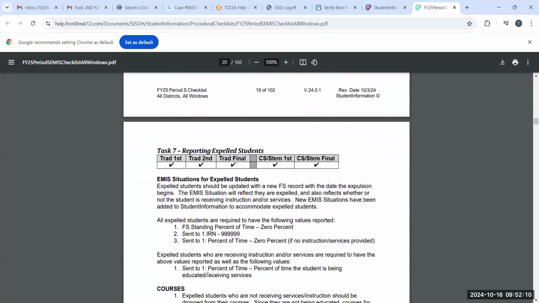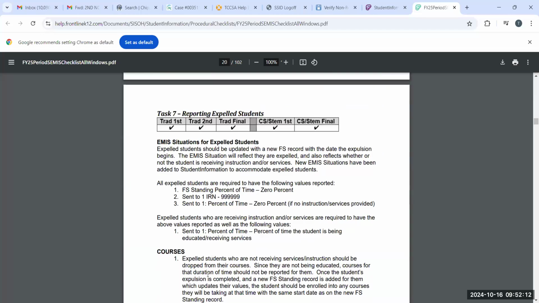Task 7, reporting expelled students. EMIS situations for expelled students should be updated with a new FS record with the date the expulsion begins. Keep that in mind. So you want to make sure that you update your FS record with the date the